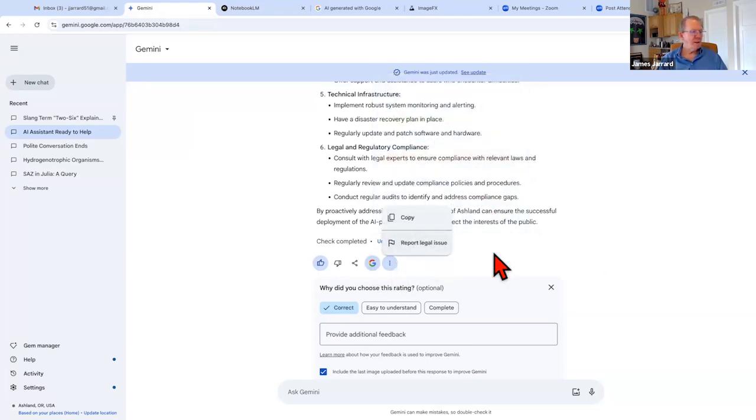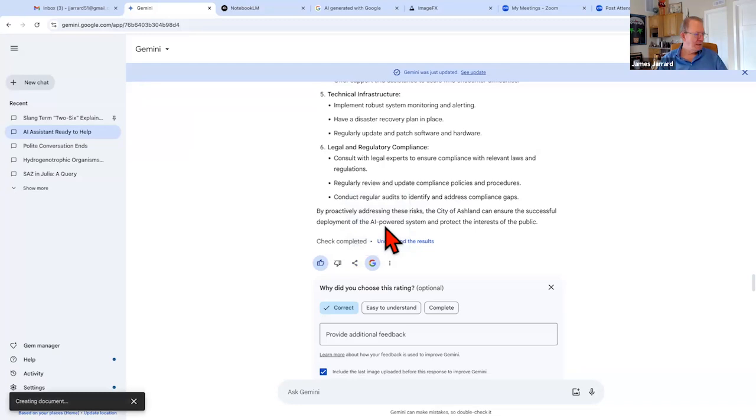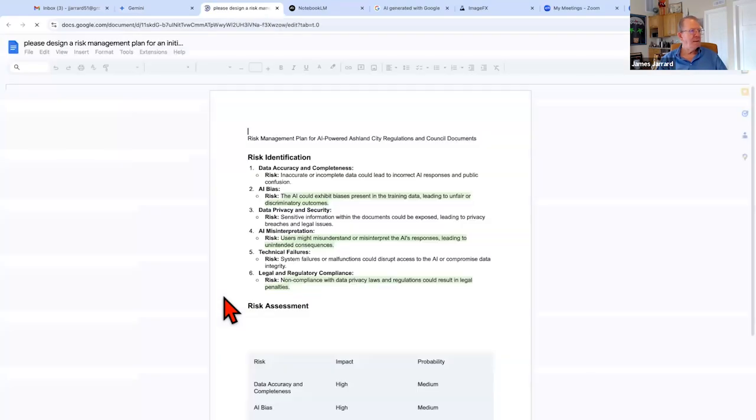Here's legal, but let's go here. Export to Google Docs. Again, I'm in Google Chrome here. I'm using Google Chrome as my web browser on a Macintosh computer. It's creating the document. Open the document down here.